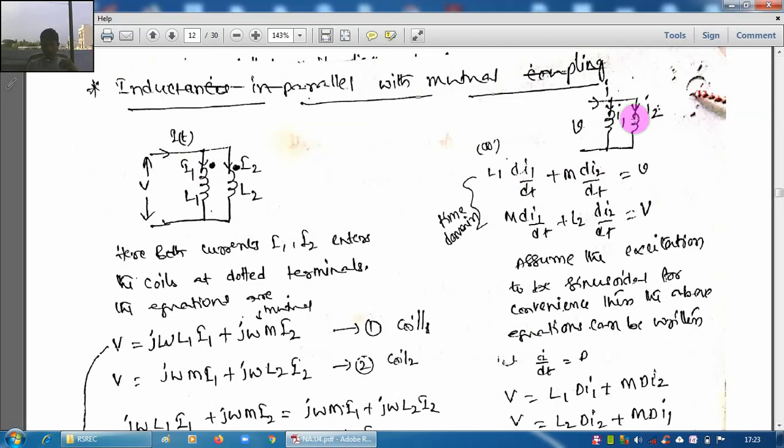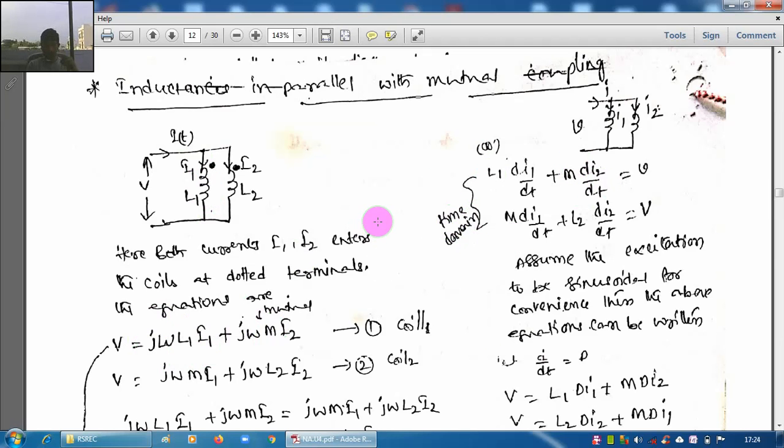So V equal to that. Similarly for the second coil also, V equal to the self EMF in this coil, which is L2 di2 by dt, that is self, and M di1 by dt, M is positive. Like that we can write these equations. These equations can be written in this form also. The only thing is, in place of L1 di1 by dt, we get the term j omega L1 I1, and similarly j omega M in place of M di by dt.